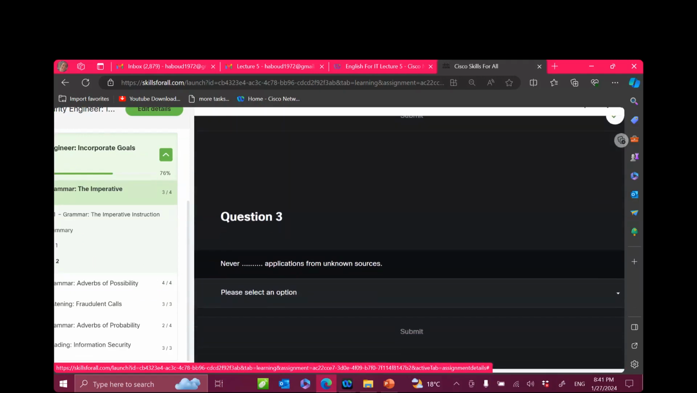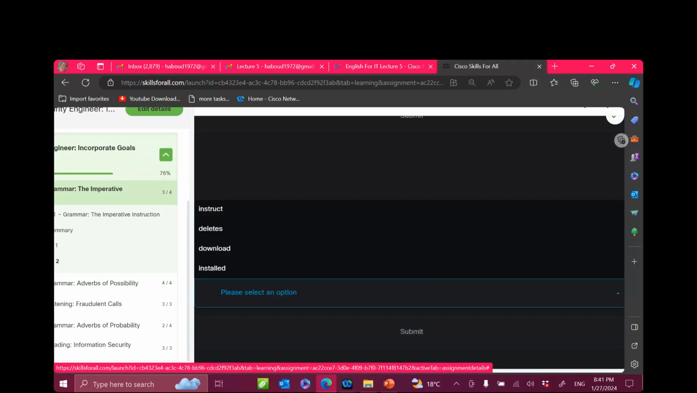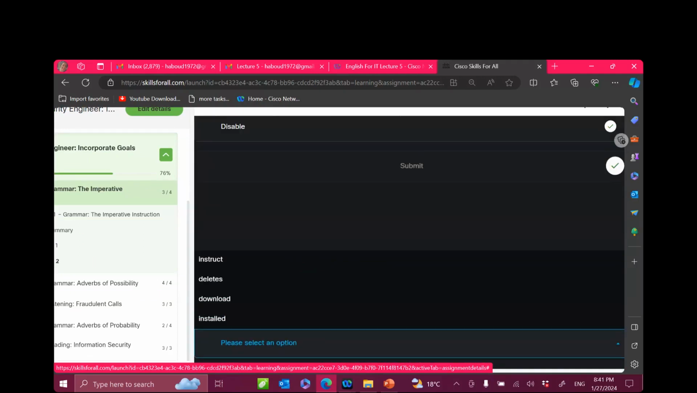Question number 3. Never applications from unknown sources. أكيد كلنا عرفناها. Never instruct or delete ولا download ولا install. What do you think؟